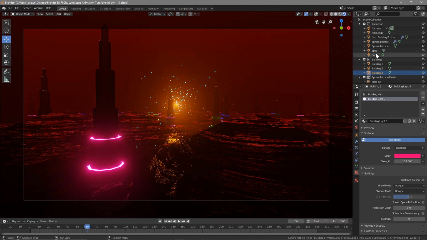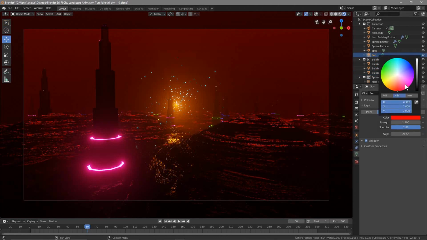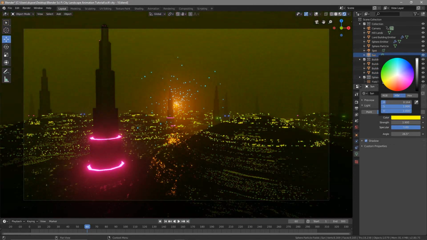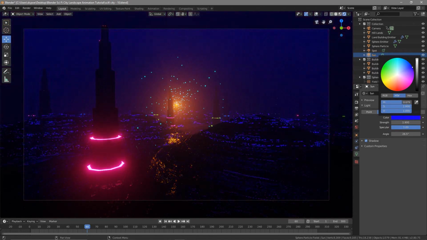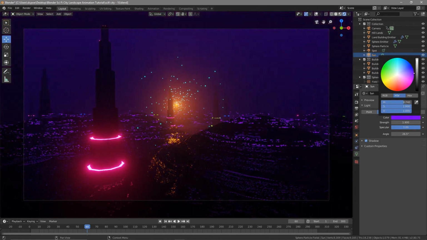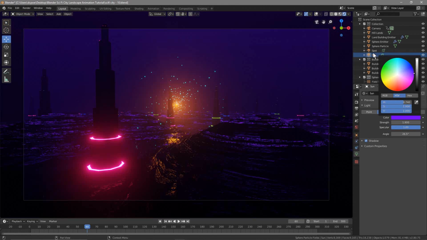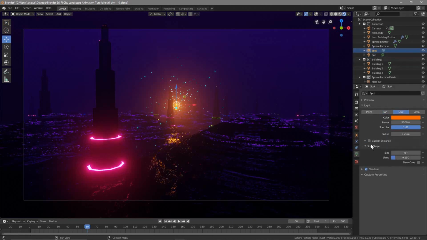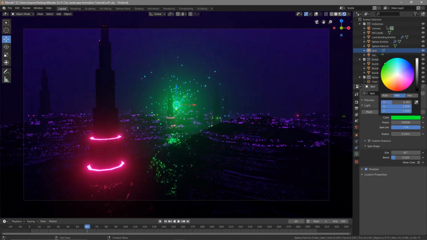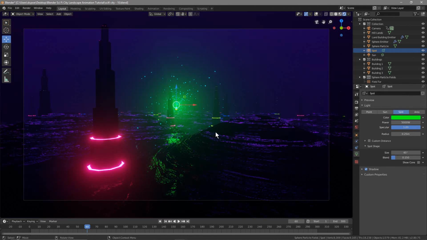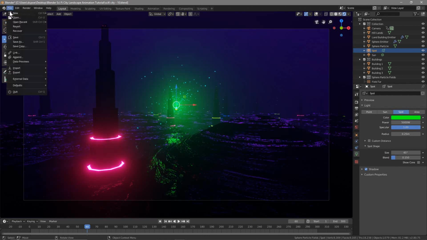If you go to the sunlight, click on the sunlight and change its color, then you can make some real dramatic changes to this scene, right? You can change its color. Then you can go to the spotlight, click on that, and then click here and change its color as well. Change that to green, and now you've kind of got a different color scheme. I think this looks terrible, to be fair, but what we'll do is go to File,